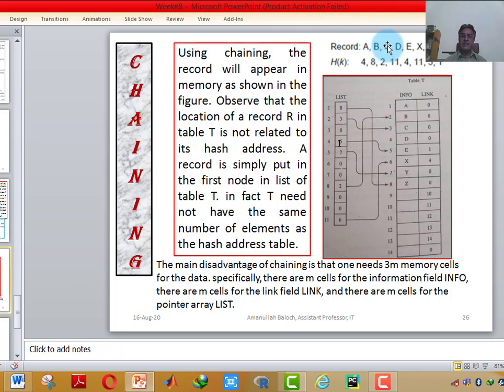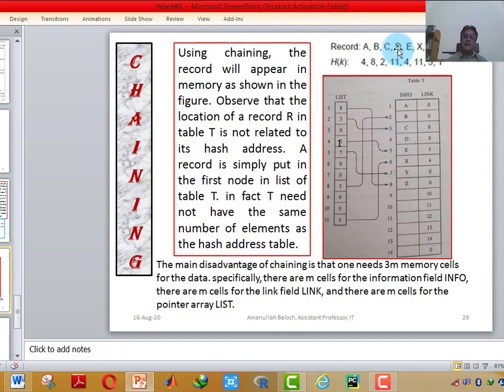The next is C. C is stored at the next location. This is C. The index of C is 3 here, but the hash address of C was 2. In this list of 11 memory locations, at hash address 2 we have stored the index 3 of table T, because C has been stored here at location 3.